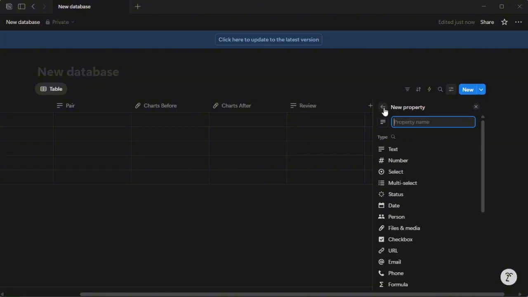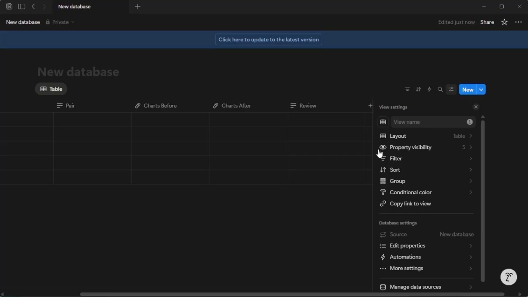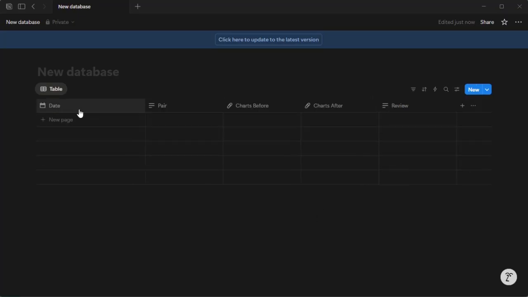And last but not the least, we can create another text and put this as review. All right, and now we can click back 2 times and actually close this out. So right now we have set the date, the pair, the chart before, chart after, and also a review plan. All right, so we can input new data into this. If this was the 2nd of October,